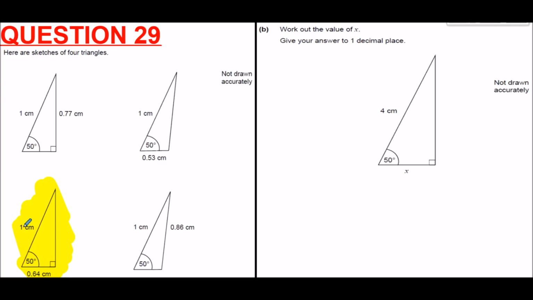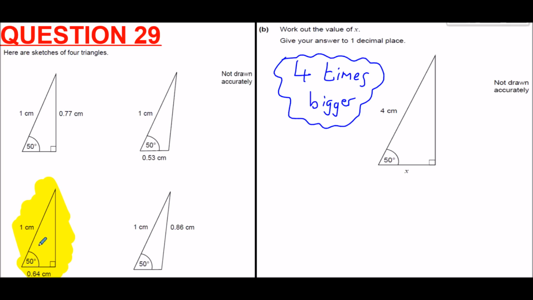This hypotenuse is 1. The hypotenuse on here is 4. So importantly, this triangle is 4 times bigger than the yellow one I've highlighted. 1 times 4 is 4, and so this bottom side here will be 4 times bigger than the bottom side on this smaller one. And so x will be 0.64